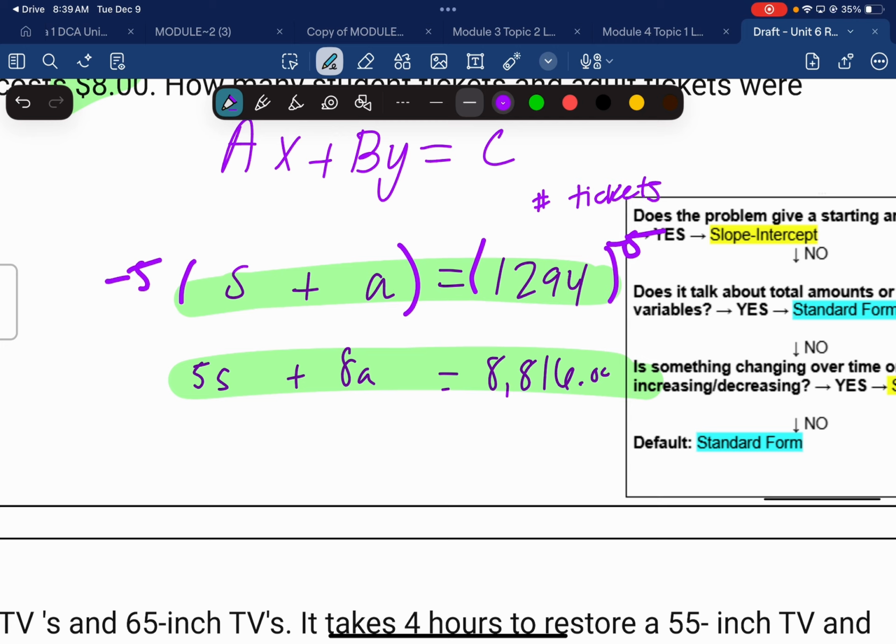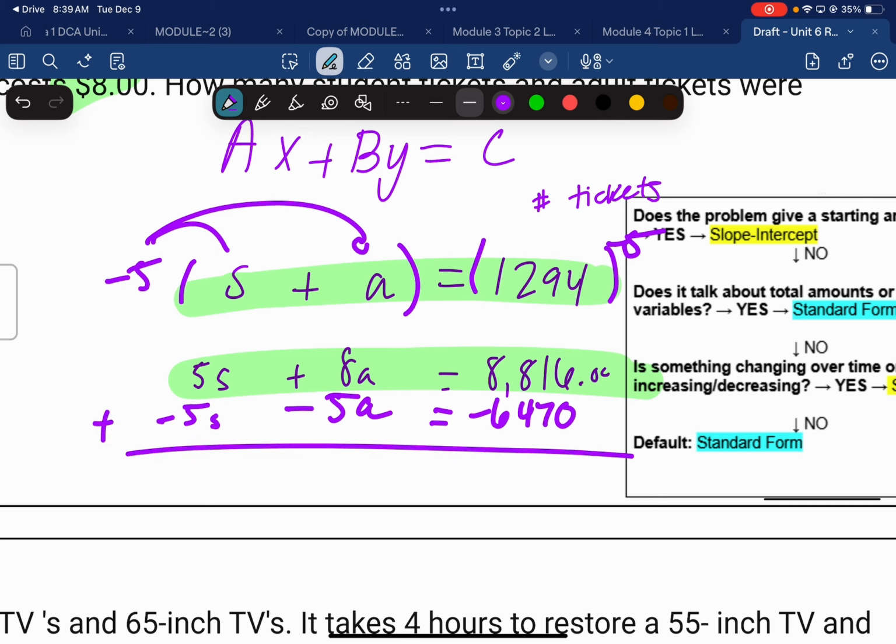Get my calculator real quick. This time this will be negative 5s. I know they look the same, sorry. This time this will be a negative 5a. And then we got 1294 times negative 5. This would be a negative 6470. All right, now we're going to add straight down. That goes away. This will give you positive 3a,